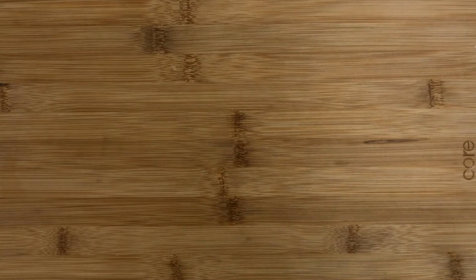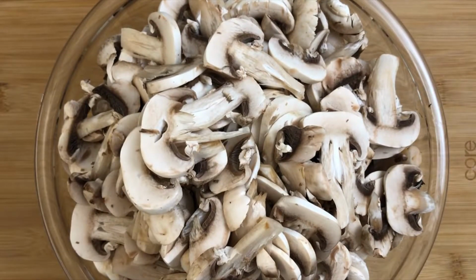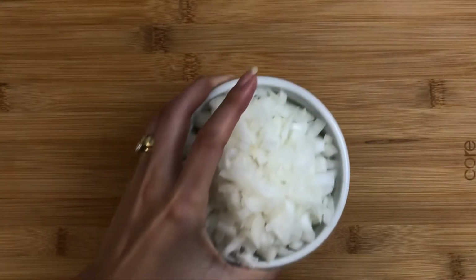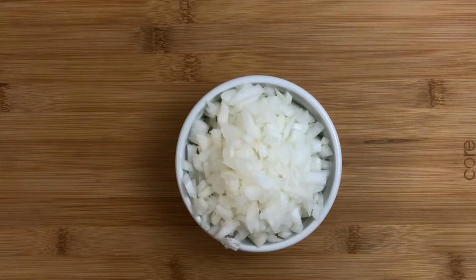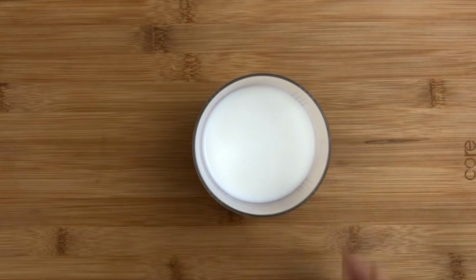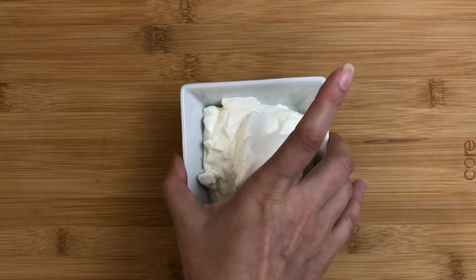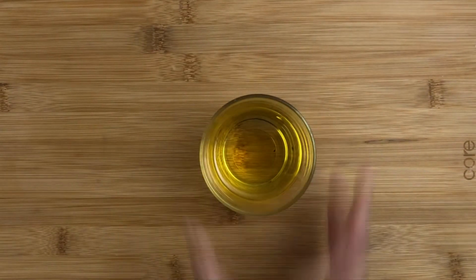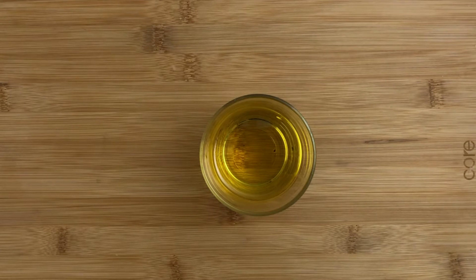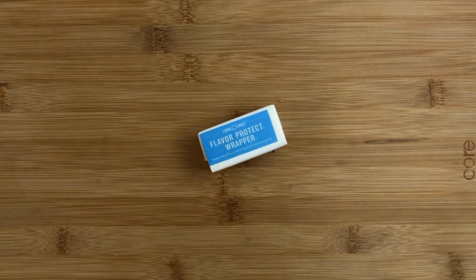For this recipe we need the following ingredients: about 2 pounds of mushrooms, 1 big white onion cubed, 2-3 cloves of garlic, 200 milliliters of milk, 200 grams of sour cream, 100 milliliters of olive oil or any oil, 50 grams of butter,